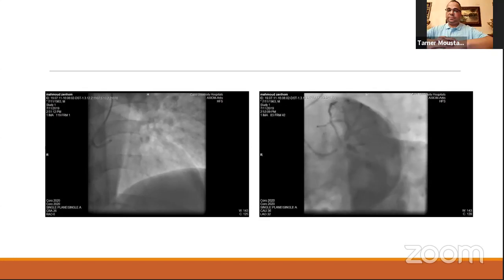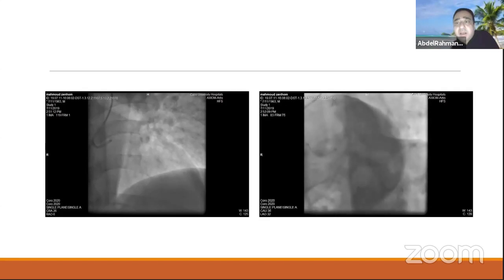We have a non-STEMI risk stratified as very high risk with acute heart failure or impending pulmonary edema, so the guidelines may favor PCI.